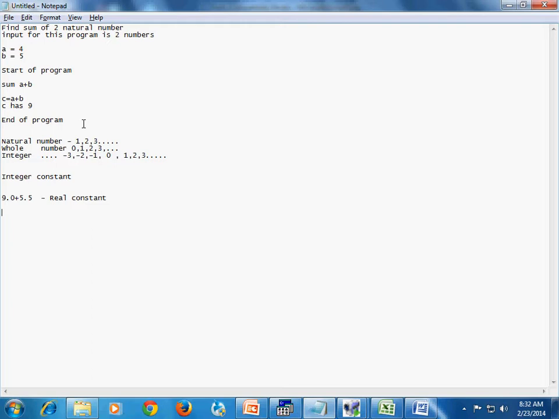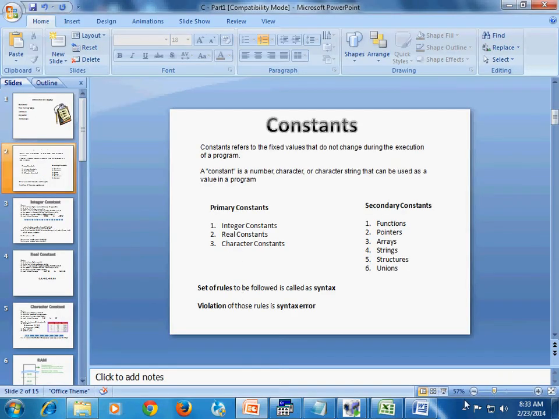Say we need to append a character A, B and character C. So we need to take 3 inputs and display it as A, B, C as one string. So this will come under character constant.